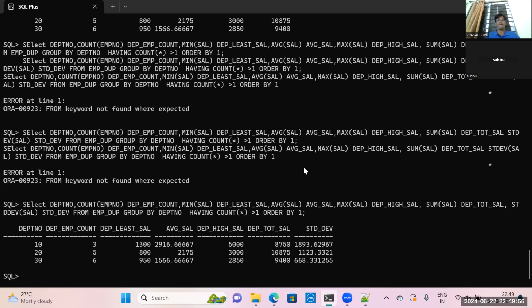After that, the group by clause will come. Whichever columns we are specifying in the select column list, all those columns we have to specify in the group by clause. But